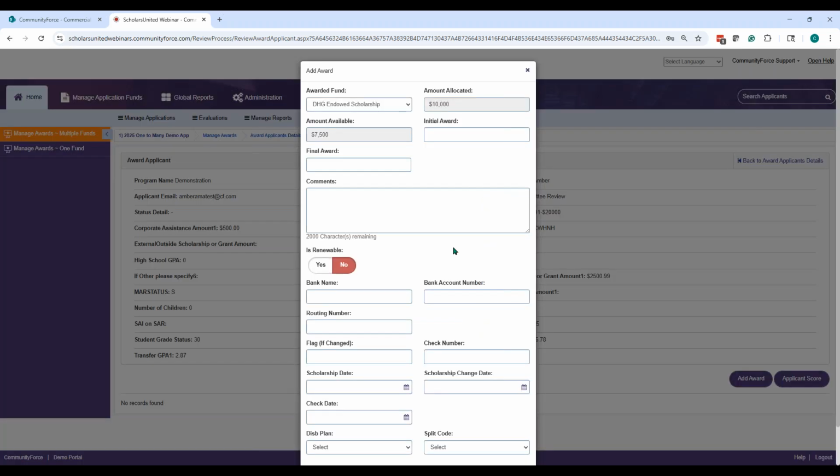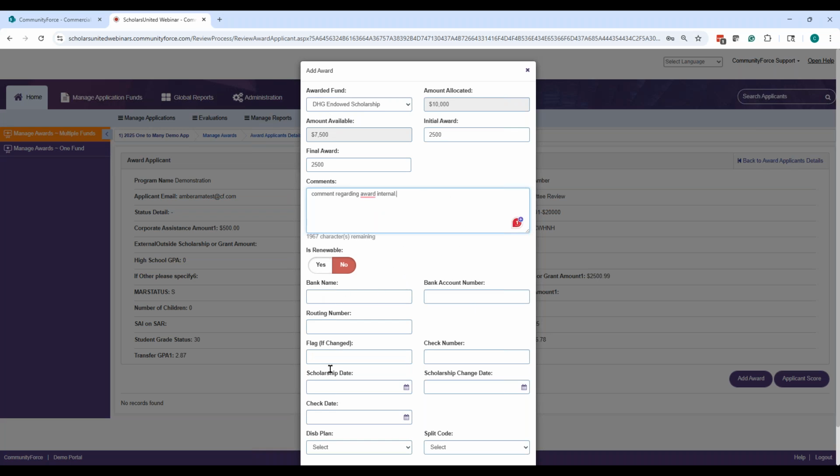So let's go back to add the award. I'll just put a figure in there. I'm going to give her 2,500. That's the initial, but I'm going to put a final award in here because I know that's the final. Now, in regards to this award, if I want to put a comment regarding that award, I can, for an internal comment, so that when I'm looking at the award screen, I can look at my comments and see something about this specific award. And this is internal. The applicant wouldn't see this because there's no toggle to turn it on.